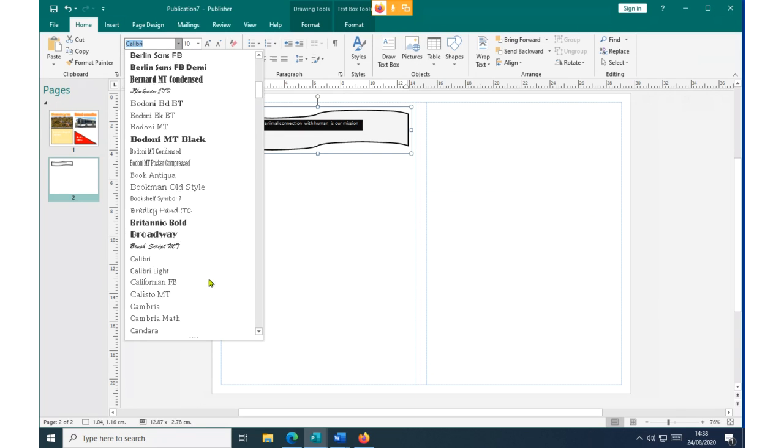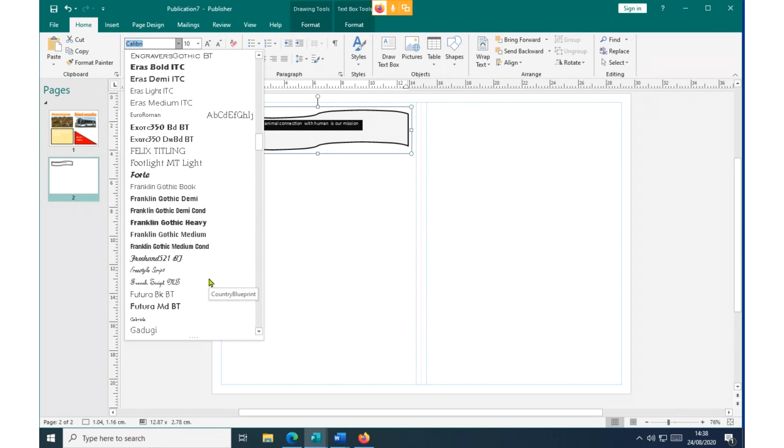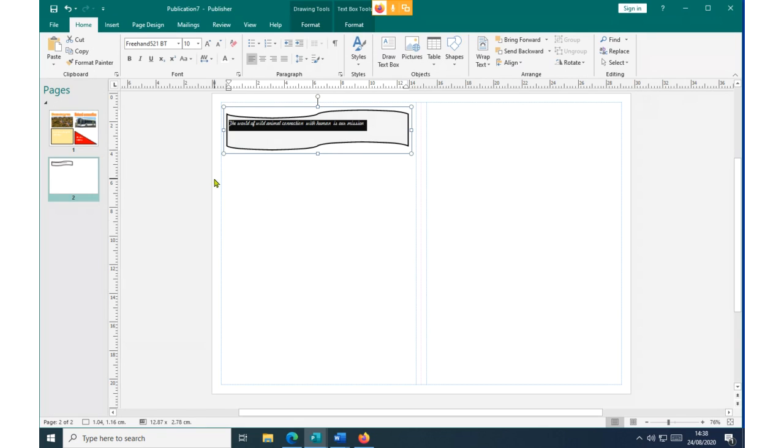Remember again, we encourage consistency. Use the same font type that we were talking about, the Freehand 32, in case you use that as your text font. Then we increase the size, and again you can see it's not very visible. The size is so big. Let us reduce the size of this font to 14, then 12. Our mission, correct. Now with that one, we are able to see the content and proceed to work on it well.